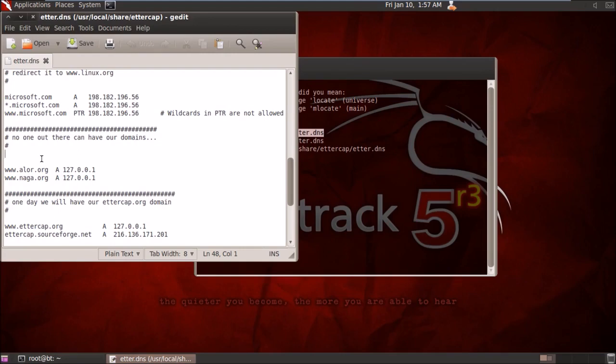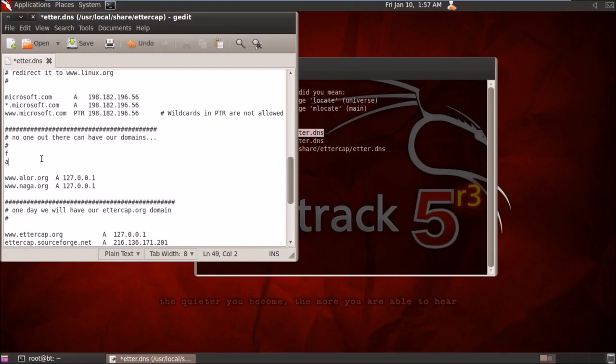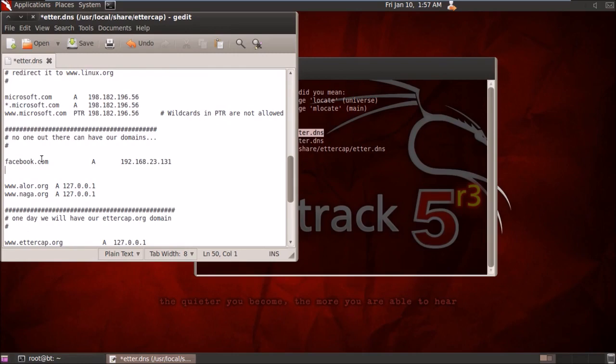Let us take Facebook for reference. What you have to do is type in the IP address 192.168.23.131. This was my IP address. If you aren't aware of how to find the IP address, we have shown you in the videos already. All you have to do is go to the terminal and type in ifconfig.